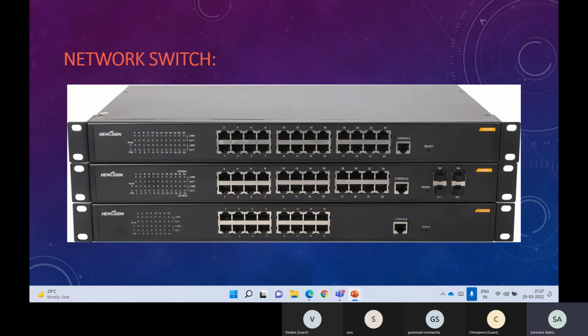Clear? And then this is how your network switch looks. This make and model will differ based on the vendor and brand. Here the example is Hansen as a brand. You have Cisco, Juniper, and so many other vendors in the market with different models and makes. But the Ethernet ports, how they look, will never change. The number of ports and design will change, but how the ports look will be the same. These are the network switches, which are responsible for communication between your hardware as well as with the outside world.